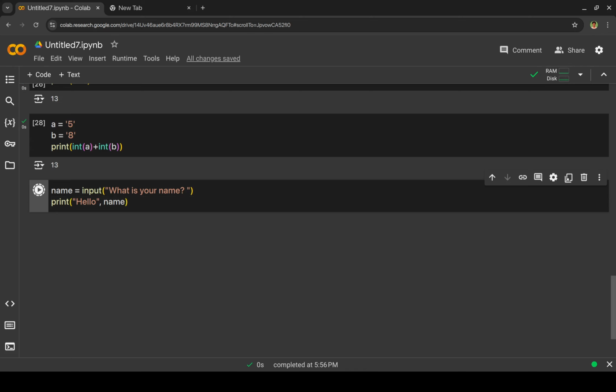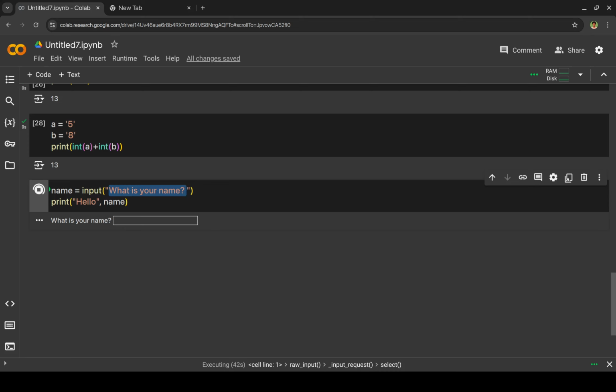Now let's run it and see, and then I'll explain. Okay, what is this actually doing? Why did we use input here? We used input here because we want to get a name, and we want to say hello, and we want to then print the name, right? So what input does is it first prints whatever is there in these brackets. It just prints it first. See, it printed what is your name, which is there in these brackets